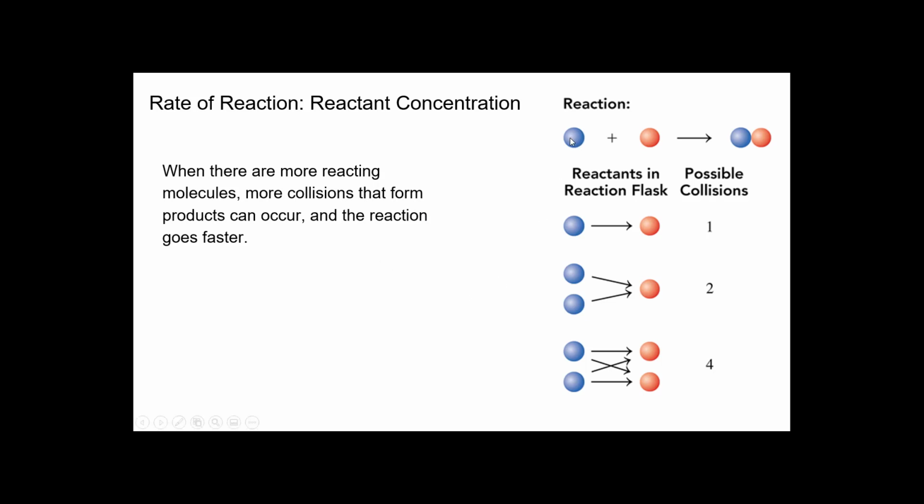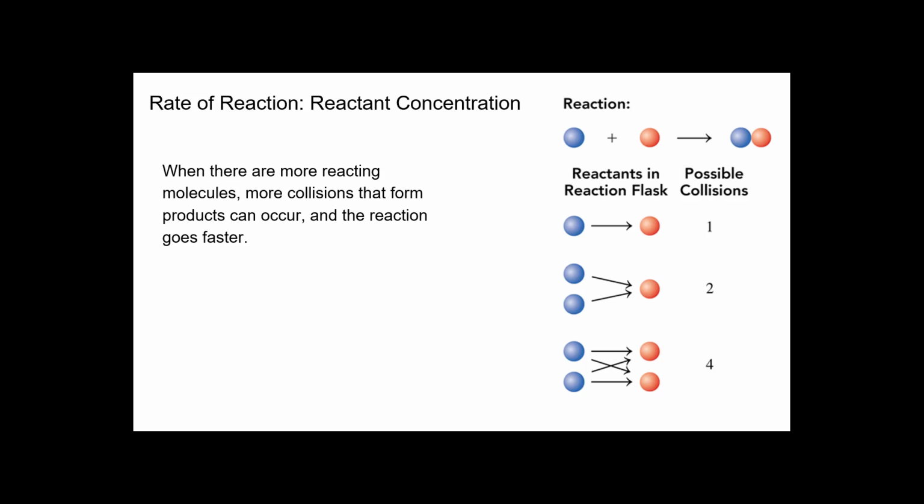So let's take a look at this picture here. Let's call the blue sphere A and the red sphere B. They end up coming together to produce a makeup of sphere A and sphere B. Now we have 4 possible collisions here, so let's take a look at the first one. The first one has one sphere of A and one sphere of B, which means they only have one possible